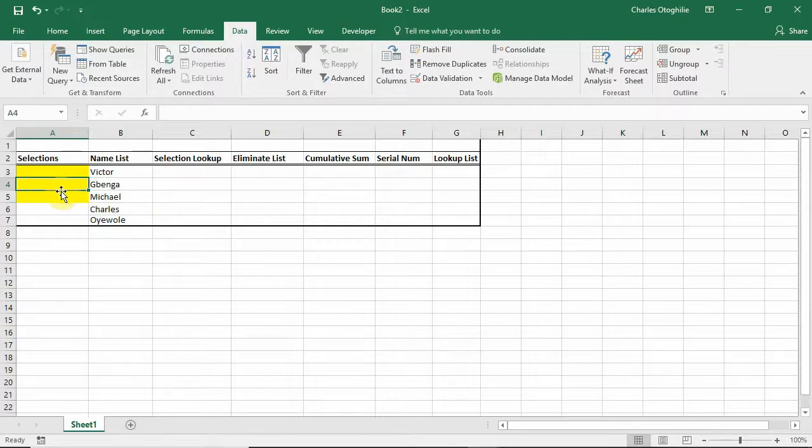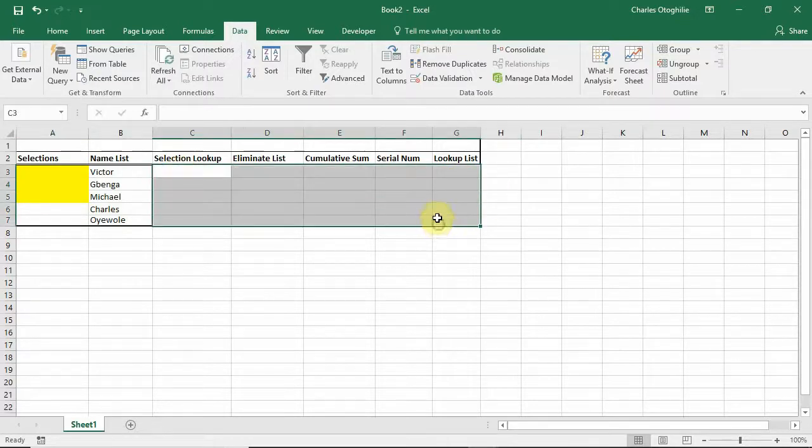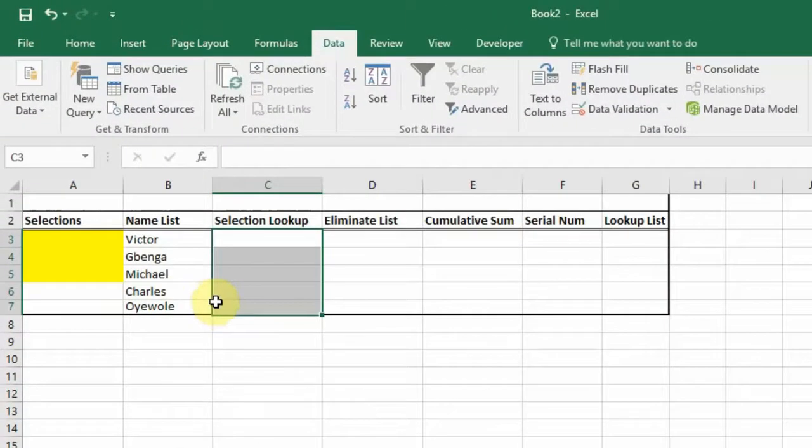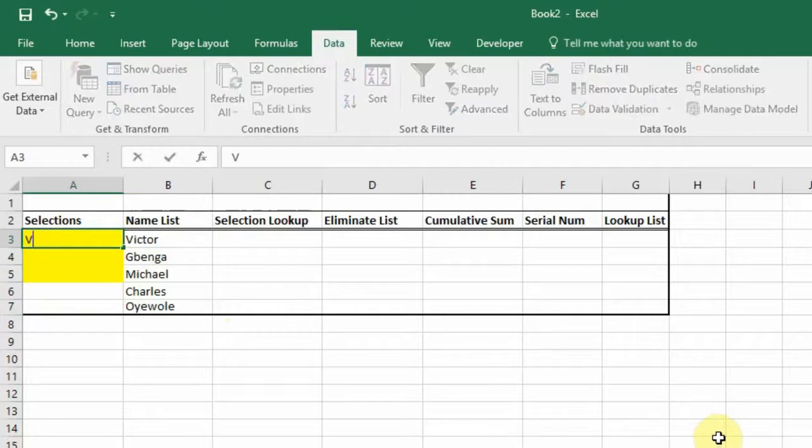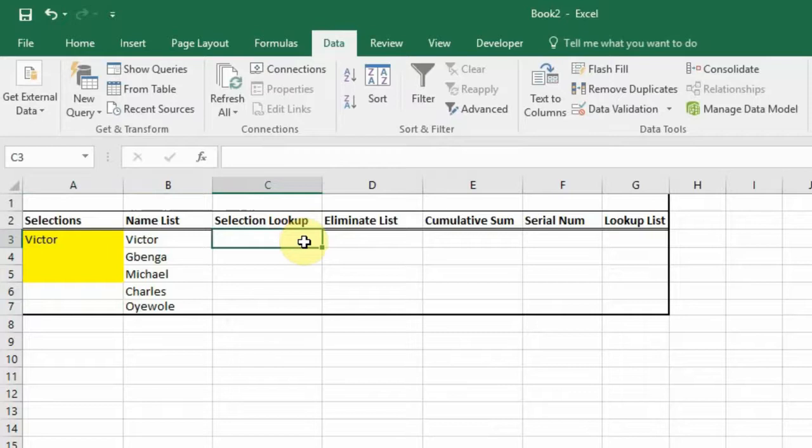So you see how I do that. I do that with helper columns so that we can see the formulas that mix it up and we'll be able to understand what is happening. So for this column here, I do a kind of lookup. So let's assume that we have Victor here. And I do a lookup using the